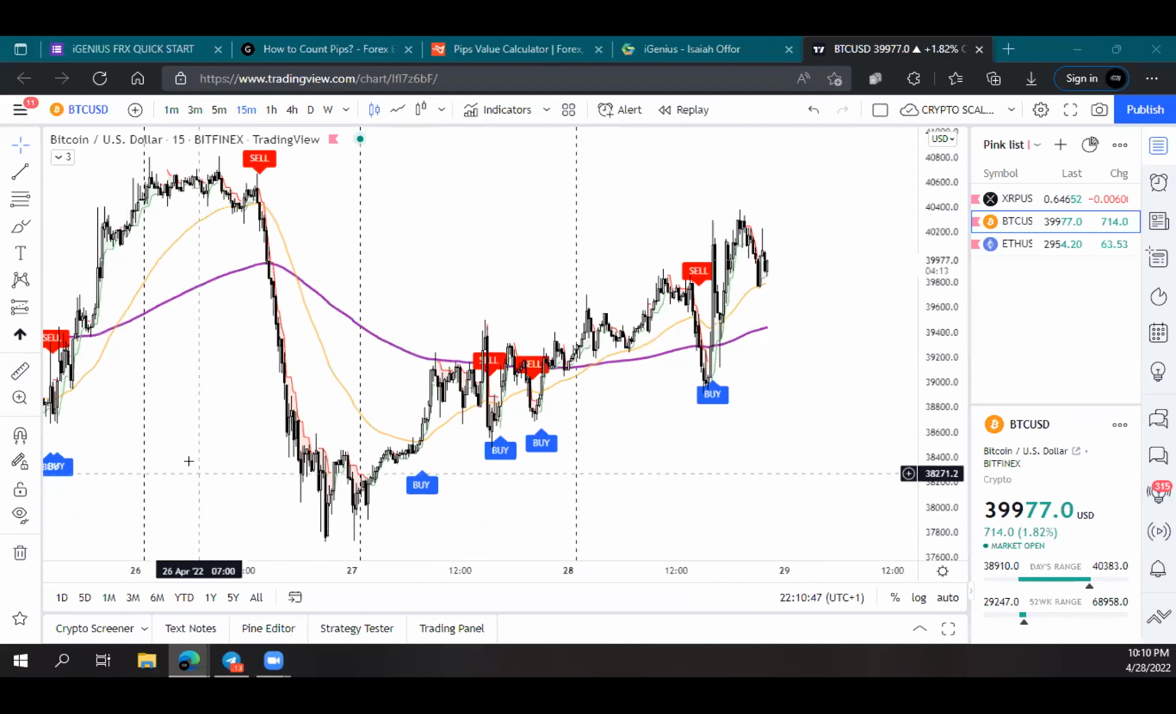What we're here today, I want to talk about pips. I want us to actually understand lot sizes. What else? How to calculate your take profit and your stop loss, because